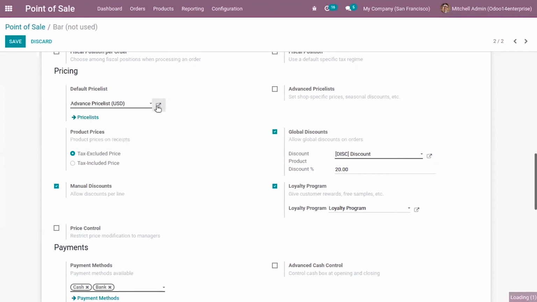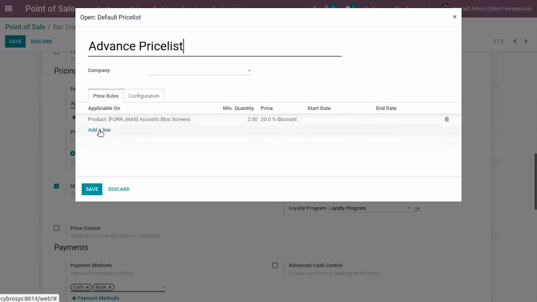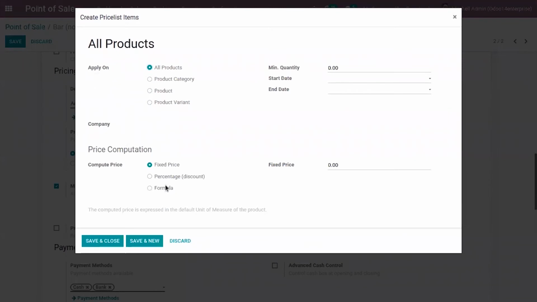Okay, so if I go to the external link of a price list, you can see the price rules. You can add a new price rule from here. So you can see I already have a price rule with 20% discount with a minimum, that is if a customer purchases a product with minimum 2 quantity of product, then this discount will be given to that customer. So you can see there is an option to set, that is compute the price by percentage. Okay, so you can see the minimum quantity set for this price rule is 1, and it is applied.